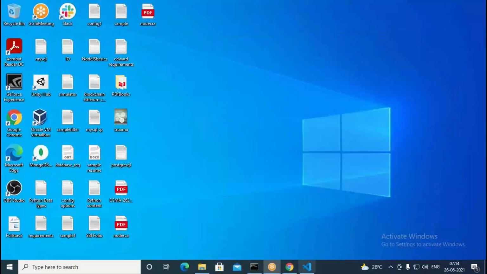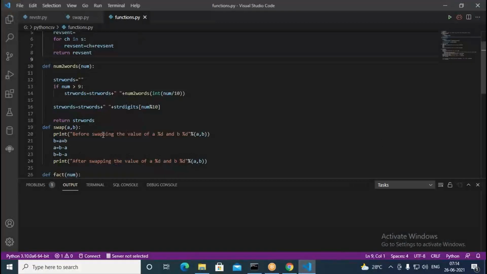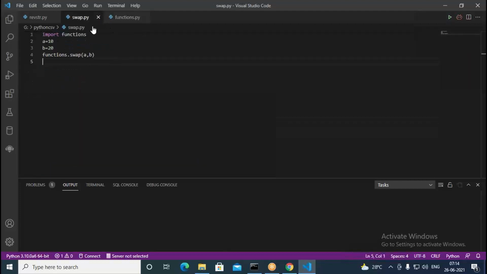We are calling it the normal way. When you look at the function, we call them in the normal way here. But I want to call them using named parameters. Here write functions dot swap. This time what I do, I can write here b equal to, I put this as 100, and a equal to, I put it as 50. I can call like this also. So using the function name, the parameter name, I can do it. You have a parameter b, you have parameter a in that. So b is 100, a is 50. I am passing like this.